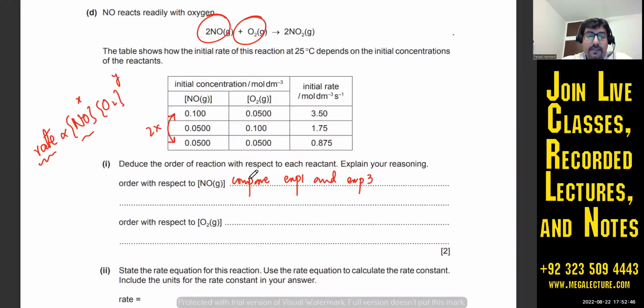Sorry, that doesn't double, it actually becomes half हो रहा है, ठीक है। मतलब 0.05 divided by 1, that's half. So 3.5 goes to 0.875, I mean you can use your calculator, this would probably be 1 by 4. ठीक है, so 0.875 divided by 3.5, that's going to be, I guess, 1 by 4। ये कौन सा ऑर्डर है, which order is this? किसको हाफ किया है, तो वहां पे 1 by 4 हो गया।